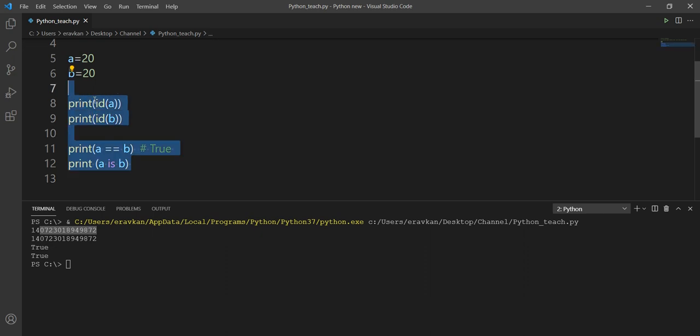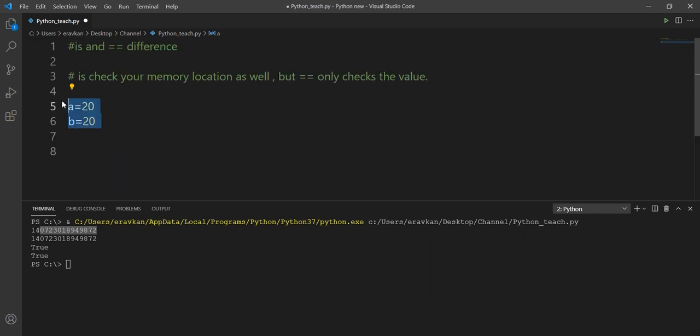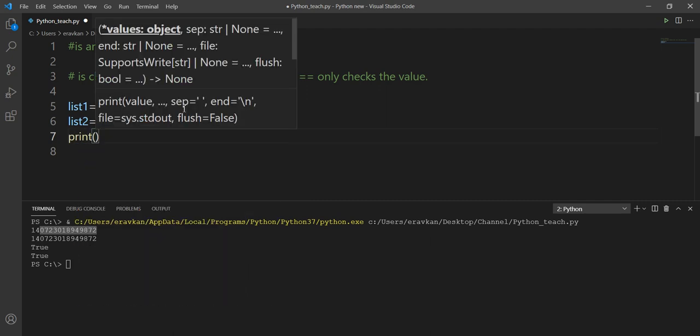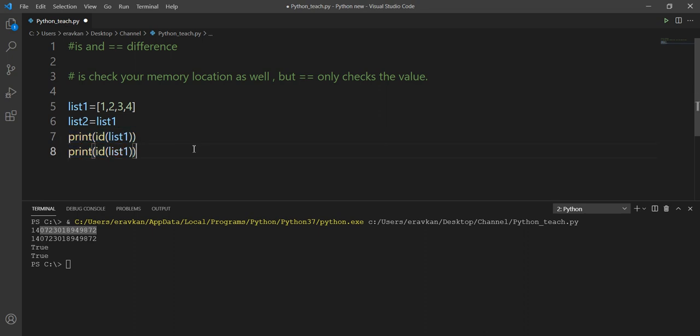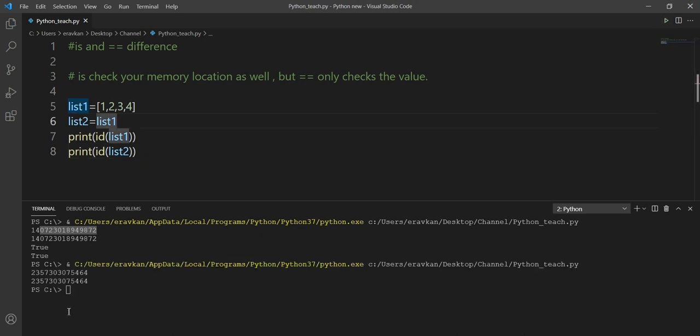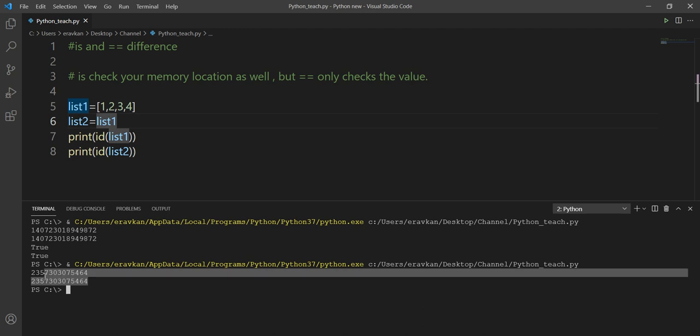Okay, let me give you one more example. If I create list1 equal to 1, 2, 3, 4. Now if I create another list2 by using list1, and let me check the ID of list1 and the ID of list2, see, the memory location is the same because this list is pointing to the same memory location.